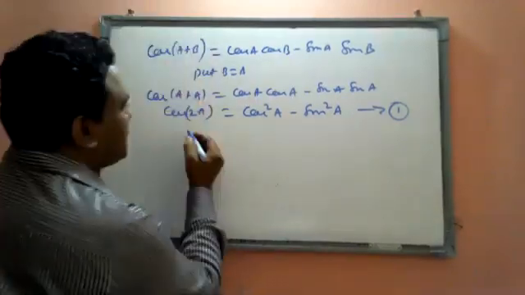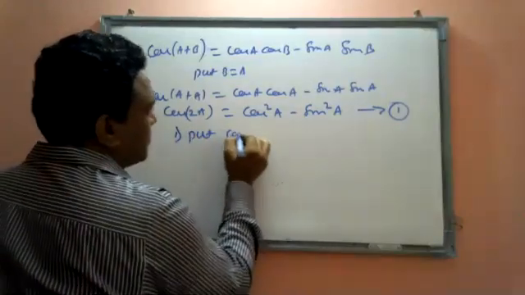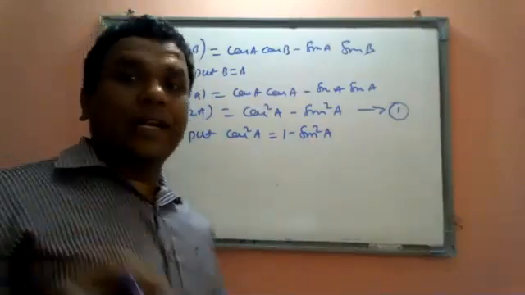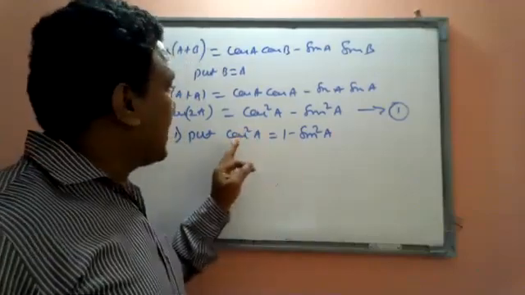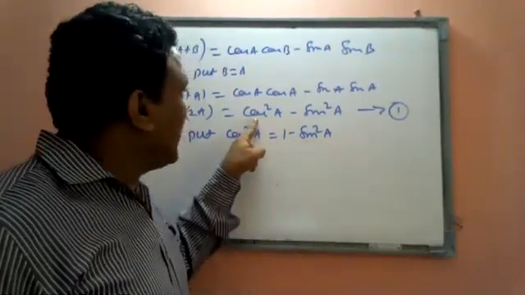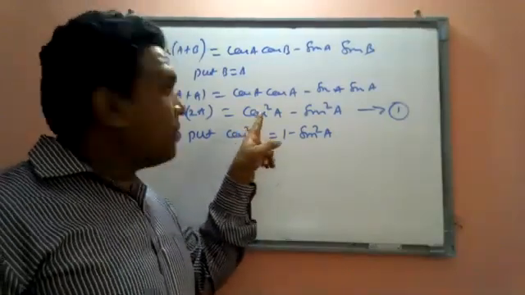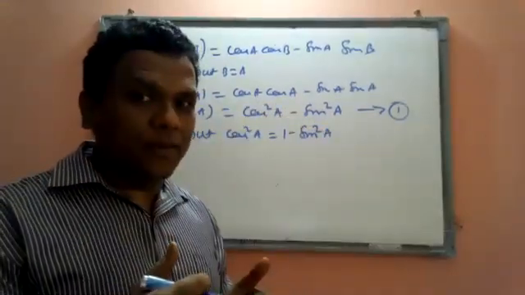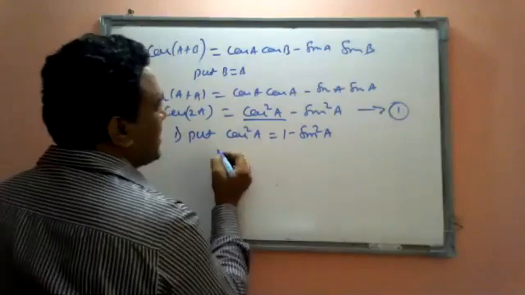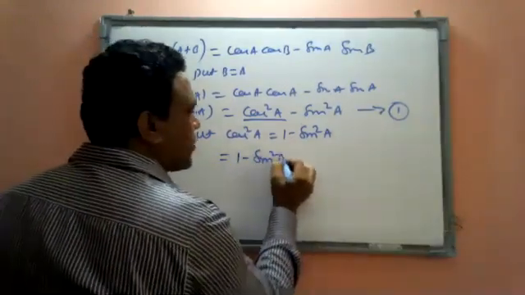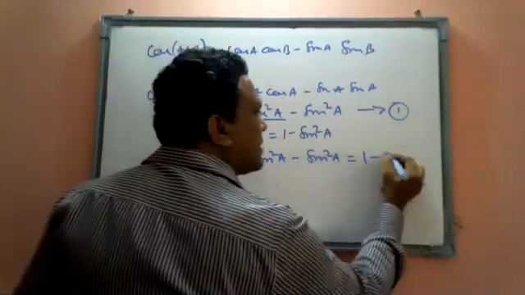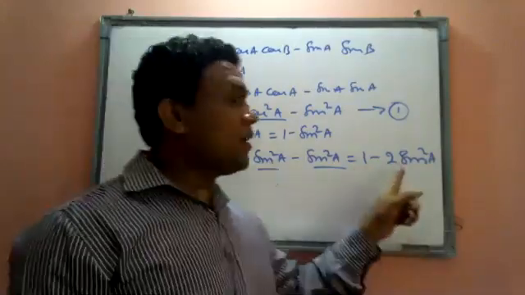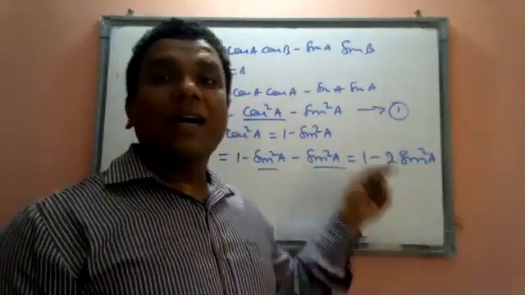Now just look. By using the identity sin square a plus cos square a equal to 1, I can write cos square a equal to 1 minus sin square a. So replace here. Got it? The main head will be this only: the first formula of cos 2a is this only. By using this, I am going to derive the formulas. Clear? Okay, fine. If I replace here, this becomes 1 minus sin square a minus sin square a, which can be written, adding these two, as 1 minus 2 sin square a. So the second formula of cos 2a is 1 minus 2 sin square a. Again, I will use the identity.